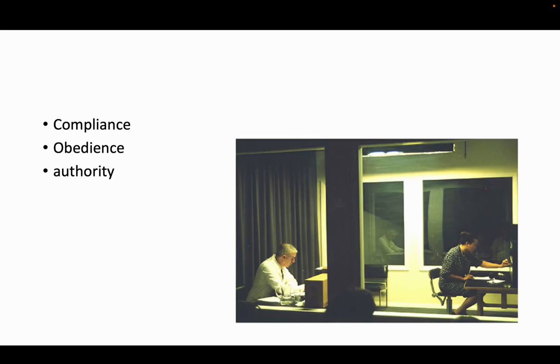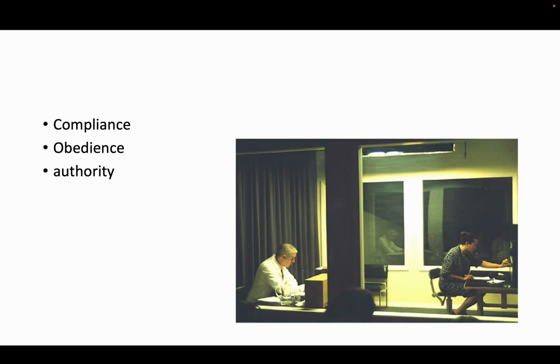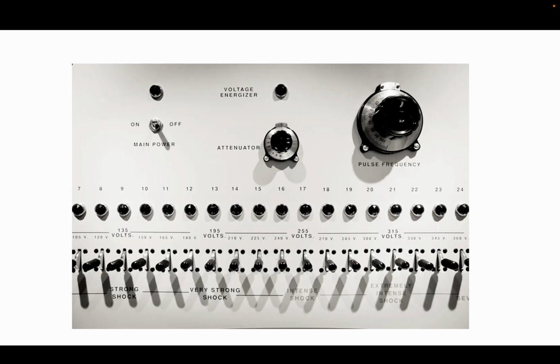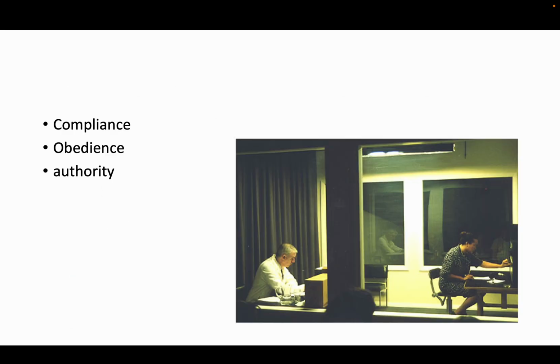Okay, Milgram did a famous study on this after World War II. He wanted to know why the Nazis could kill people and be so awful. So he came up with this really creative experiment where he told people they were going to be giving a test. This is all fake, by the way. And that when the person got the wrong answer, give them an electric shock. But what they didn't know was no one was really being shocked. The shocks started small, like 10, 15, 20. They went all the way up to 315, to danger, really, really high shocks. Milgram was wondering how high would people go.